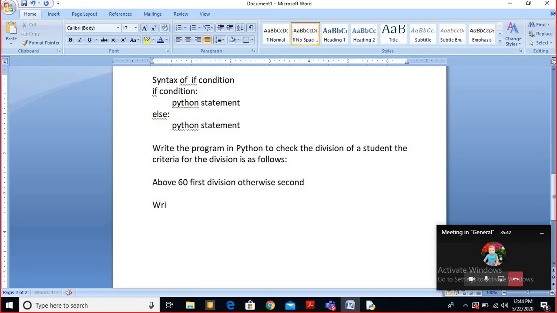Next program, write a program in Python to check the eligibility of an IT course.